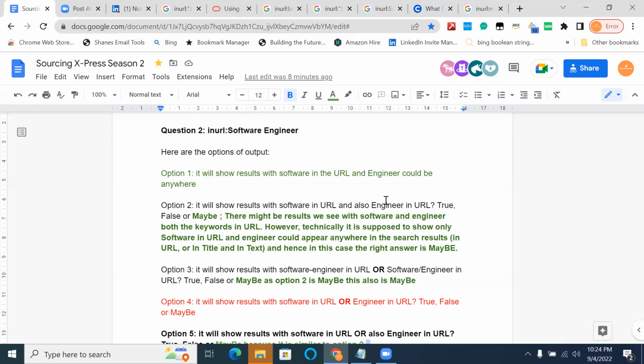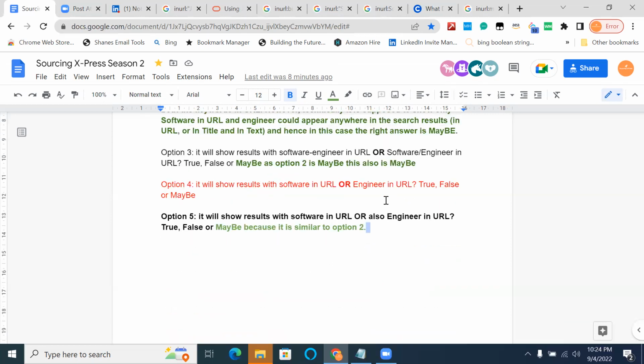In this, though we are using or, we are also using also. It will show software in the URL for sure, or also engineer in the URL. I'm not saying or engineer in the URL. If I say or engineer in the URL without using also, then it is false. We are saying also engineer in the URL, then it's coming maybe.